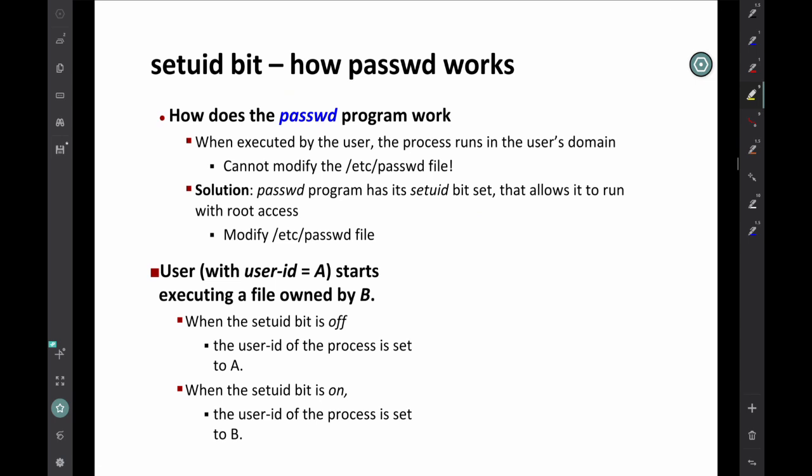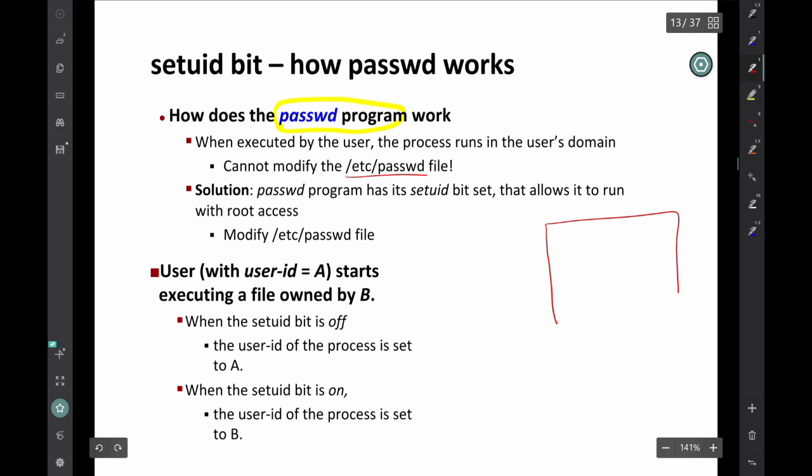So at this time, let's talk about this interesting thing: how does the password program work? Now you can imagine that there's a file called /etc/passwd. You may have already discovered this. It's a file that contains the encrypted versions of passwords. So this is our password file, and it says here is my Ali, and then here's the encrypted version